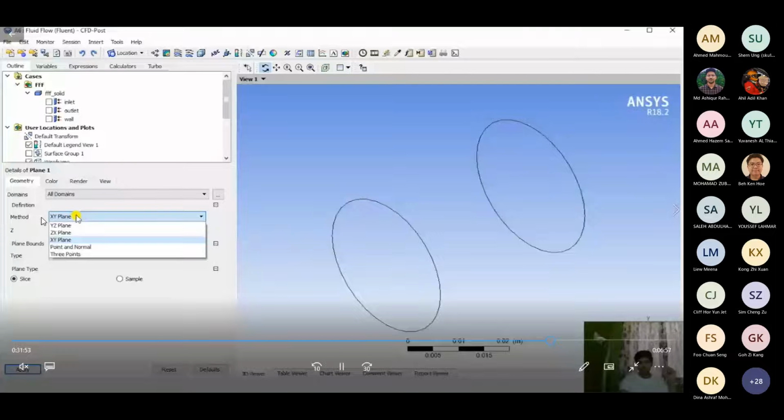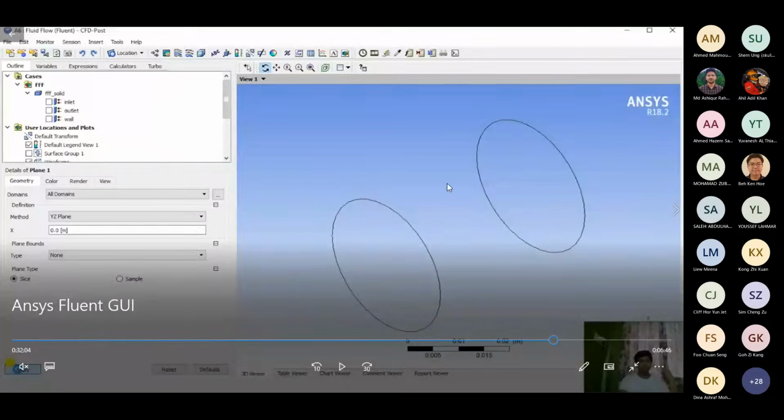As you can see, in the method, I can change which orientation or which plane I want it to be. If I want it to be XY plane, YZ plane, or ZX plane, I can select any of the planes. Then I can select the offset with the respective axis which is perpendicular to that plane. If I'm selecting YZ plane, that is going to be in line with my flow to the inlet, or in line with this axis. I don't know if you are able to see my cursor, but you will be able to visualize it in just a moment. If YZ is my plane, then X will be my perpendicular axis to that plane, and I can select the offset. So my YZ plane will be moving on the axis X, in either of the directions.